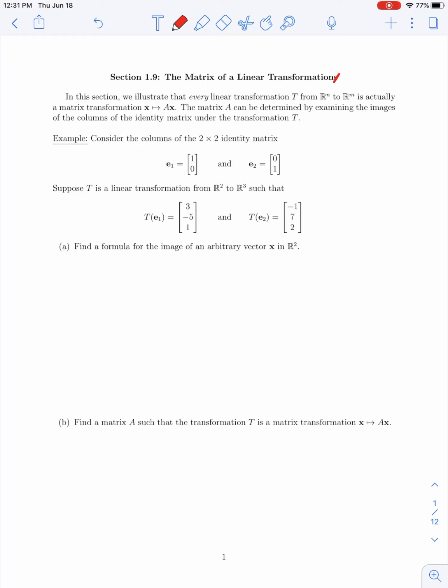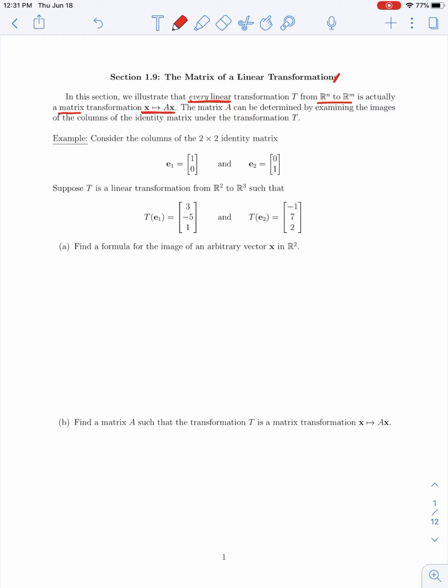So we had seen in the previous section that every matrix transformation is linear. And in this section, we will see that, in fact, every linear transformation from a space Rn to Rm can be thought of as a matrix transformation. That is something where x, a vector in Rn, is mapped to A times x. So not only is every matrix transformation linear, but every linear transformation from Rn to Rm can be considered as